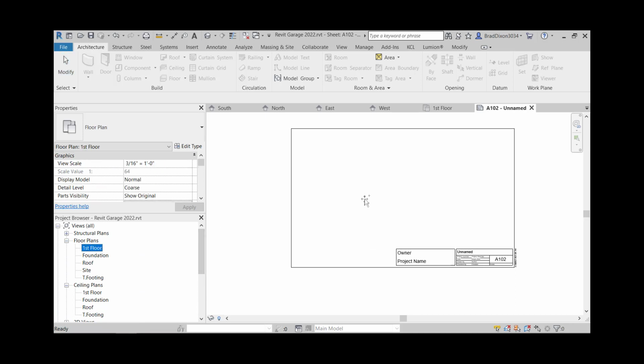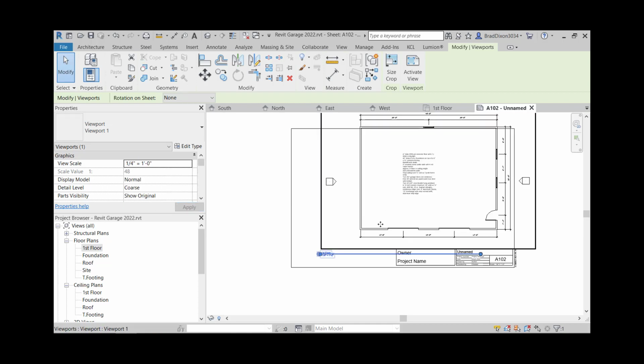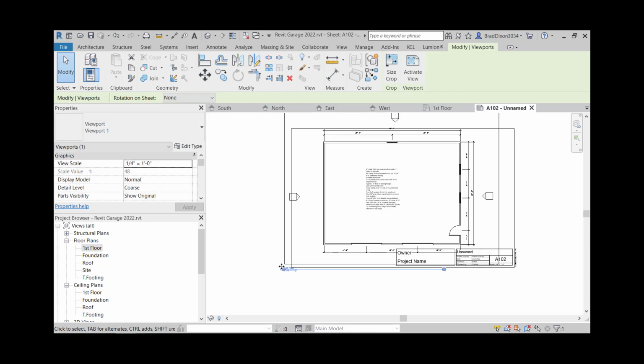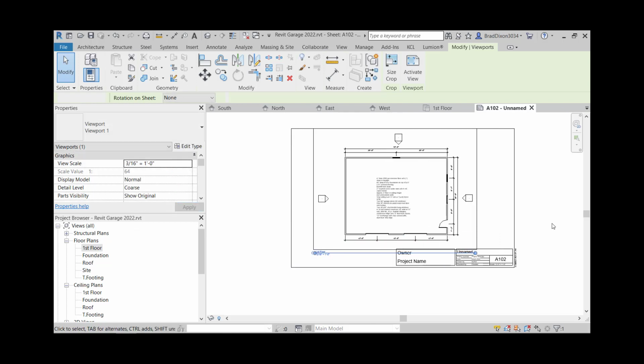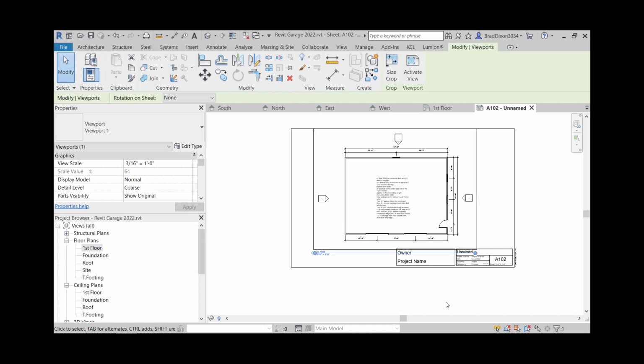Once again, I'm going to come up, drag my first floor in here, drop it there. Right now that is at 3/16. I'm going to go ahead and try a quarter to see if that fits. I think if we tried really hard we could make that fit, but I think a 3/16 scale would probably work out a little bit better considering all the other things that we need to put in here. So at that point, the only thing left to do is to fix this thing up a little bit. So I'm going to click on this view, and then I'm going to stretch this down here, bring that right there,